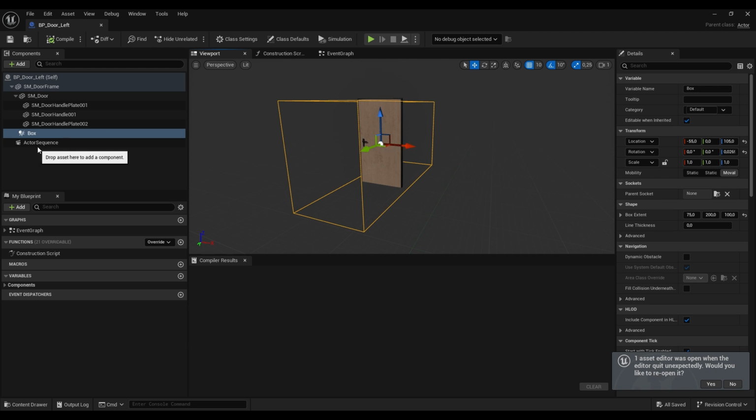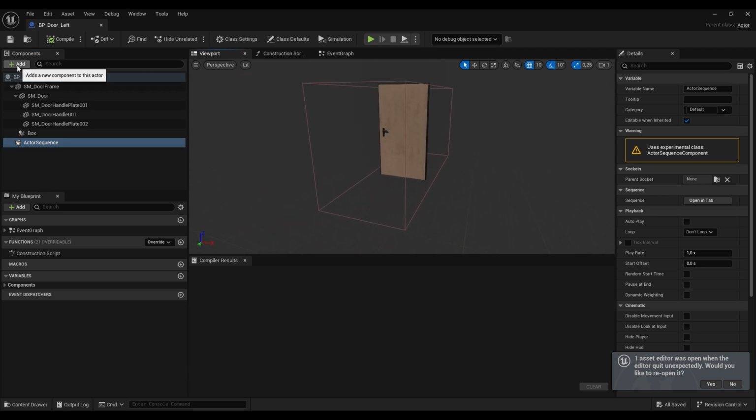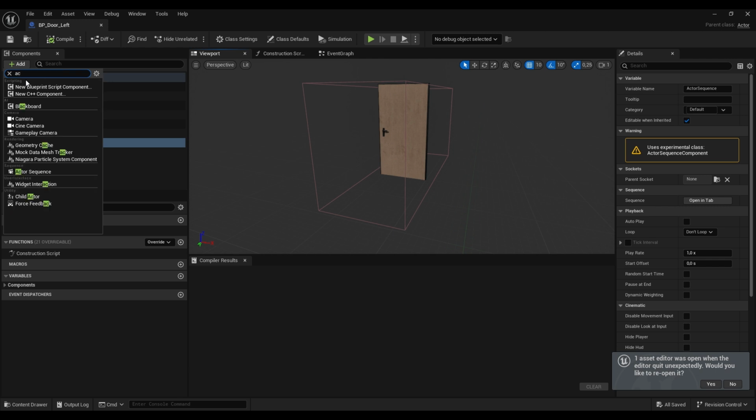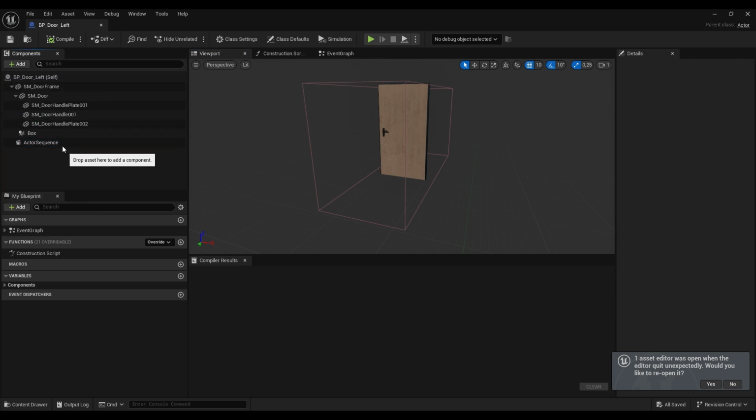Then I used the actor sequence component, which is an experimental class. I'm not sure when they introduced this, but you'll find it when you say add a component, actor sequence. You'll find it right there. Then you can add it, and